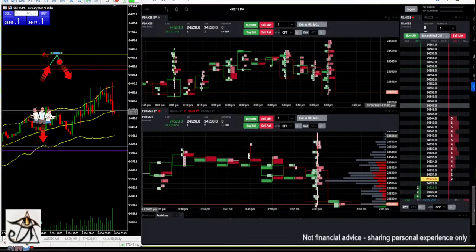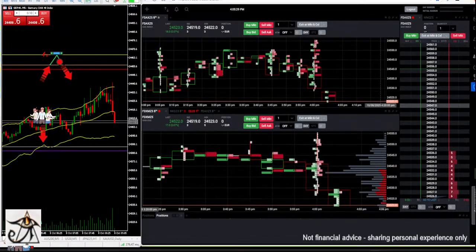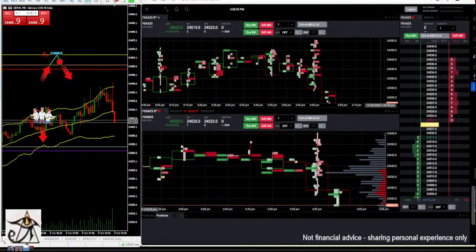So yeah, probably the main action, which I'll cover in this video, so I won't be coming back live. But basically, we'll be looking for exactly what I'm talking about. So we'll be targeting the gap depending on where we open, and looking for ejections off the triple banding. Looking at it's about $28 profit on my